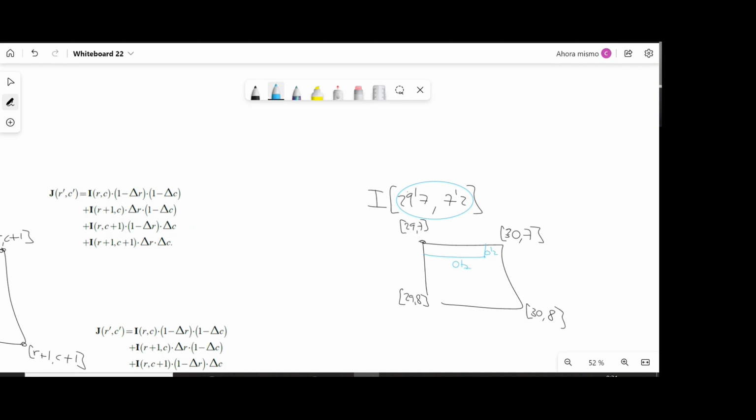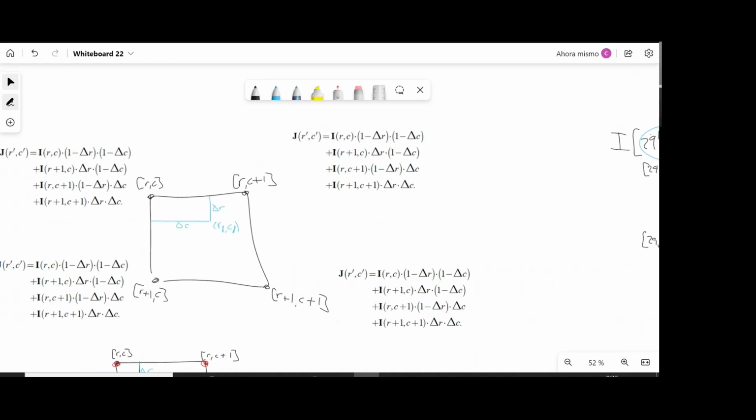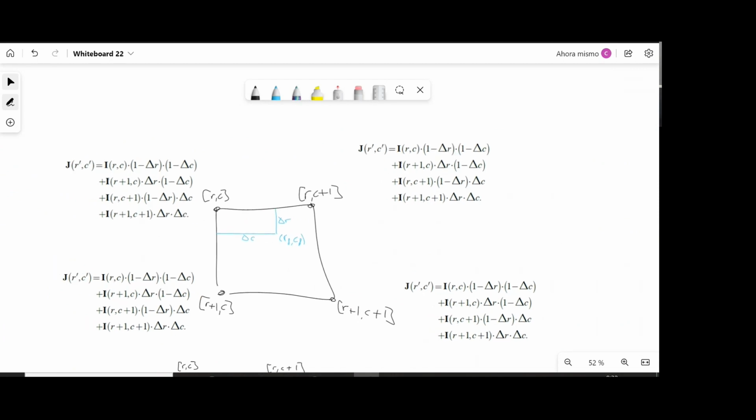Okay, so we are here. So how do we know that this formula is giving us a good rate? I have copied again the same diagram that we had before. I have copied the formula, the interpolation formula, 4 times. And then let's see. Let's say that we want